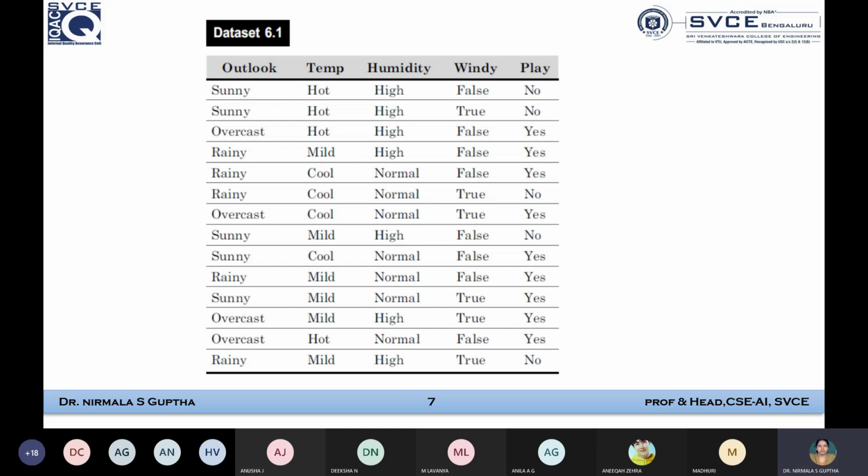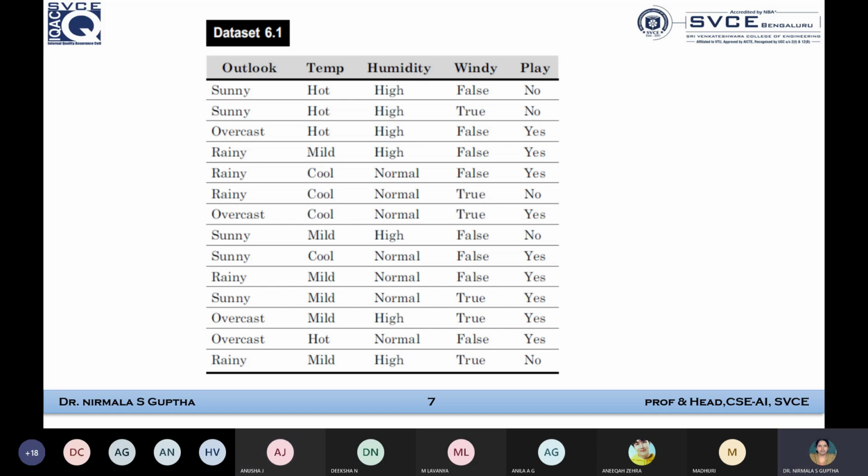So when there are 2 yes and 2 no, what is the error count? 0 by 2, correct? How many occurrences of no with respect to hot is the denominator. How many yes are there? 2. So it is balanced. There is a tie between hot with respect to play no and hot with respect to play yes. So 0 divided by 2 is the error. What we did yesterday, same way we are doing the analysis. Correct?